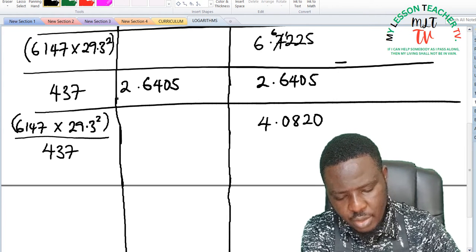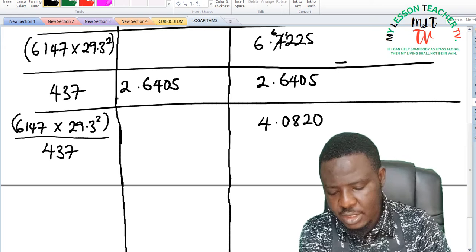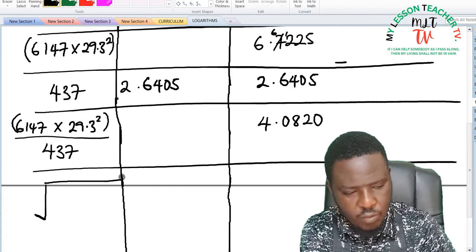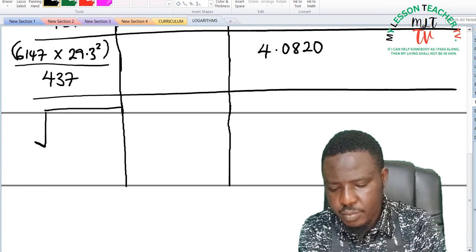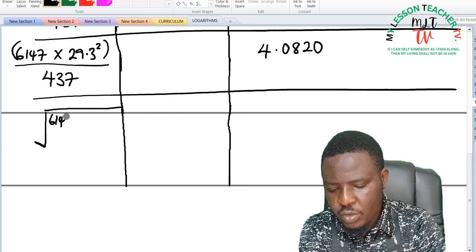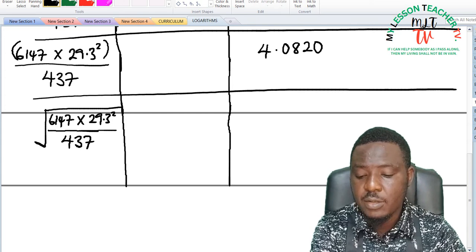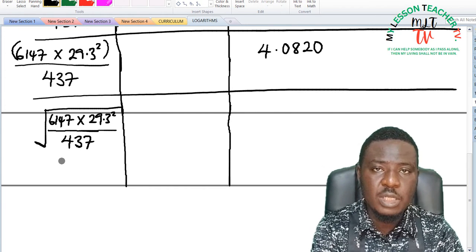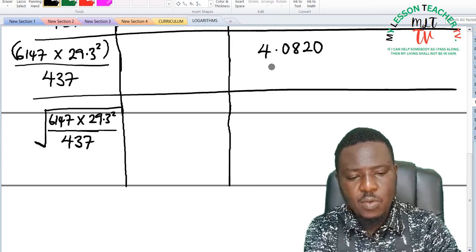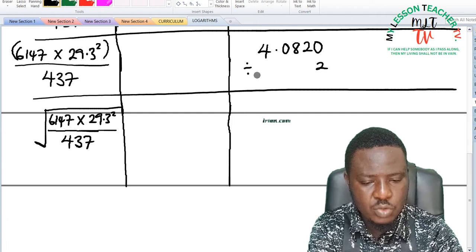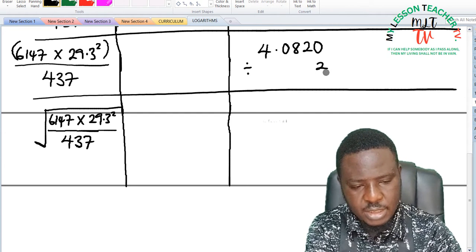The question does not stop there. We are asked to find the square root of all of these. So this will then be the square root of 6147 times 29.3 squared, all divided by 437. Root in numbers is equivalent to division in log. So I'm going to divide my answer by 2. So this is to be divided by 2. And when you do that, this gives you